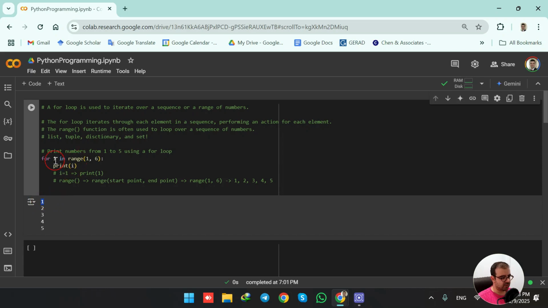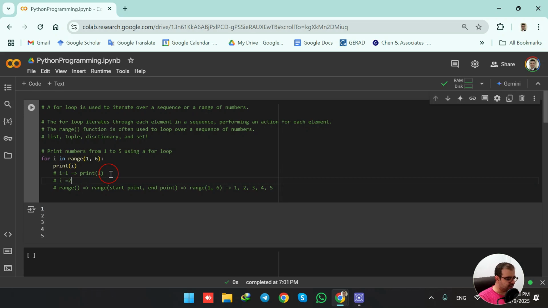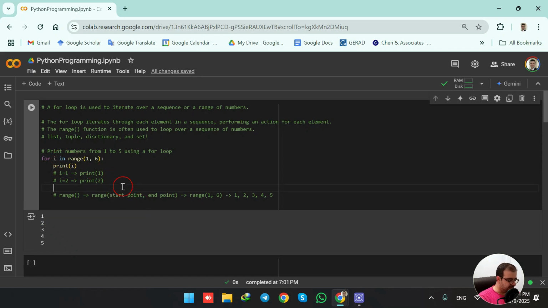Then it goes back up again, and i now equals 2. It is going to print 2 for us, and we have it here. It goes up again, i is incrementing, and we have i equals 3, print 3,